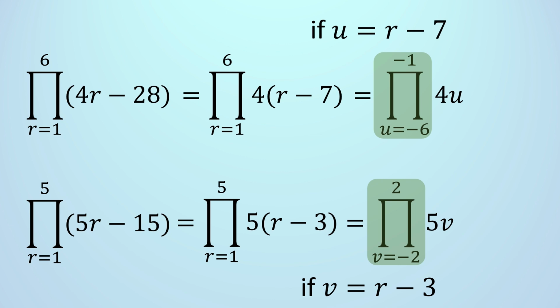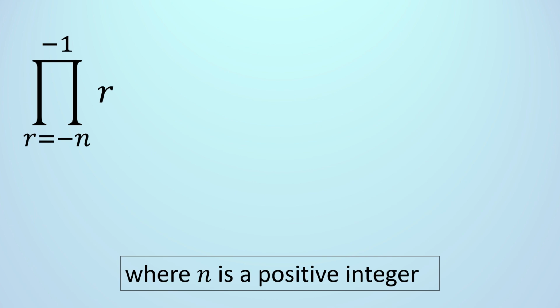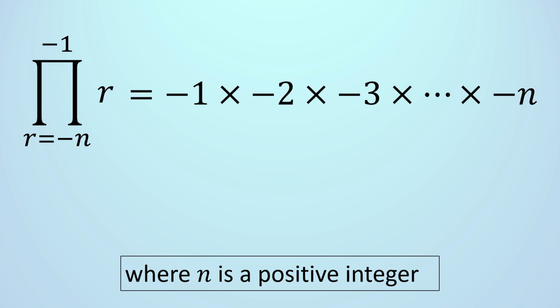This is also a bit weird because it might tempt you to start trying to question whether we can calculate negative factorials, but that would all get a bit messy and you might end up not calculating what you're actually trying to find here. So let's look at what's going on manually to fully understand what it is we're trying to find. For instance, if you're trying to do the product of r from r equals minus n to r equals minus 1, where n is any positive integer, then what you're finding is the product of a sequence that looks like this. This unfortunately is not something you can just calculate using the traditional factorial function,